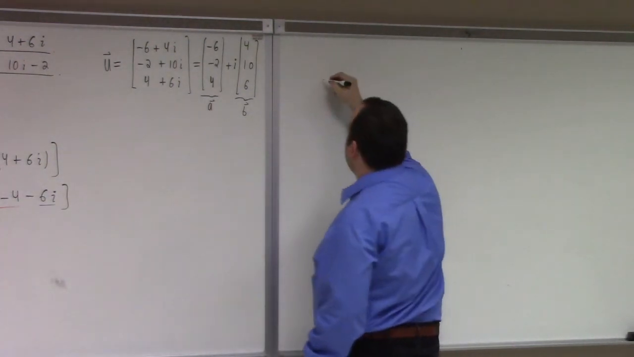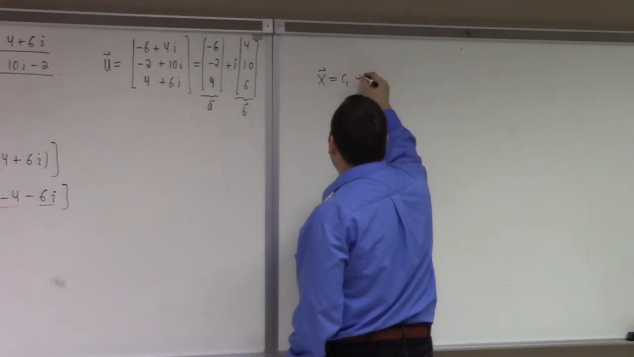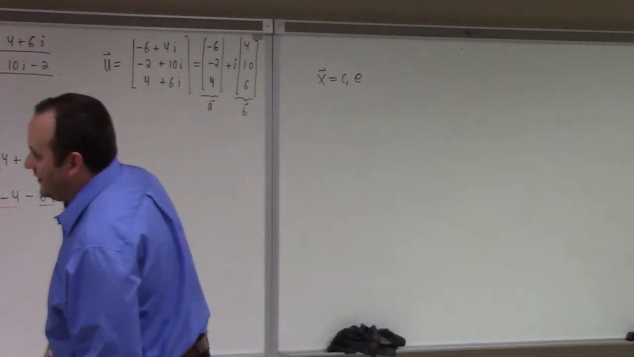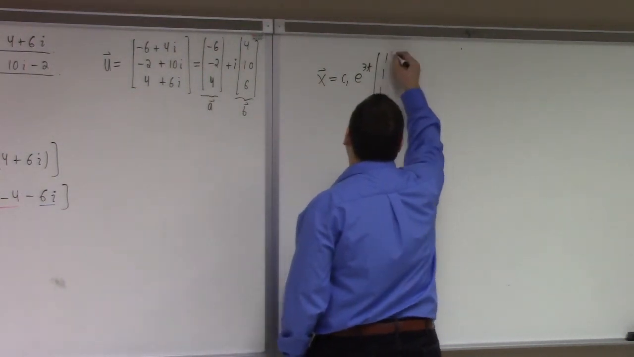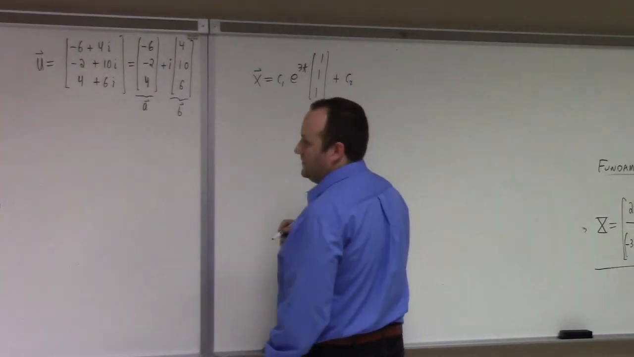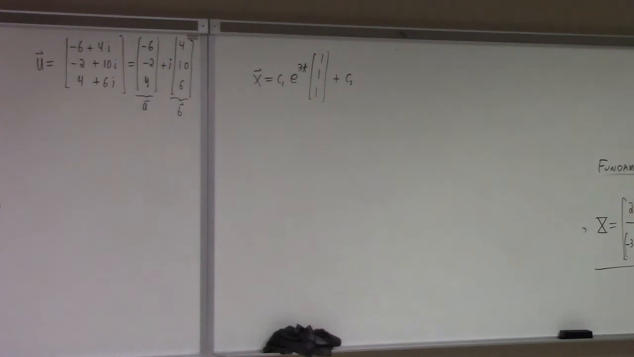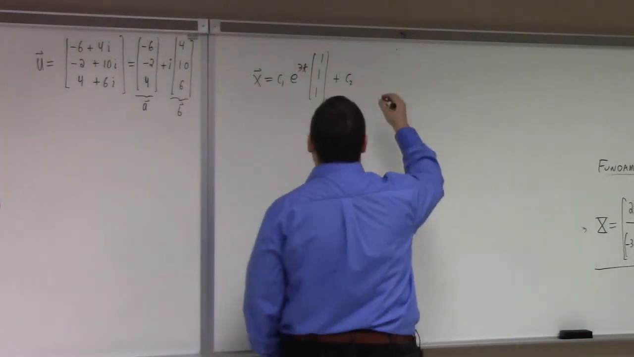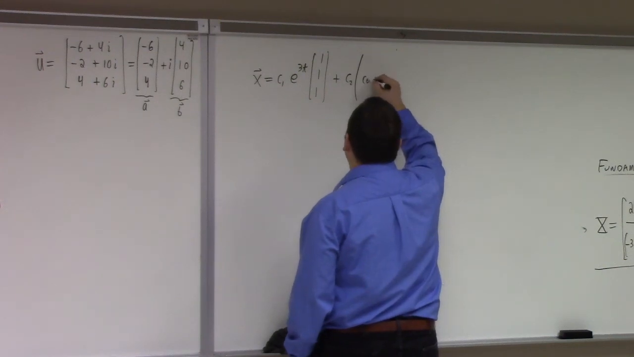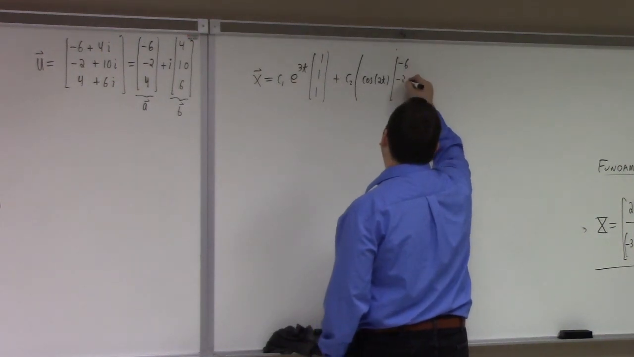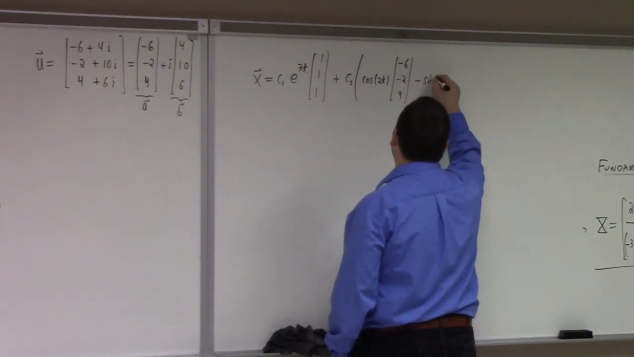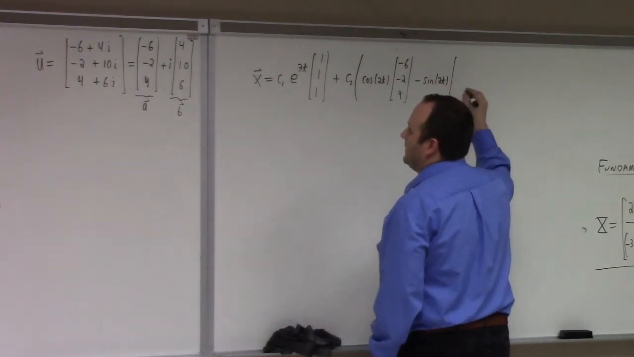But anyway, there's your A and your B, and so the general solution, x equals C1 e to the, well, I'll do the easy part first, e to the 3t, 1, 1, 1, right, plus C2, and the eigenvalue here was complex, right? But more specifically, it was pure imaginary. We love pure imaginary. That means there's no e to the alpha t term in the solution that I just erased. It's just your cosine 2t times minus 6, minus 2, 4, and your minus sine 2t times 4, 10, 6,